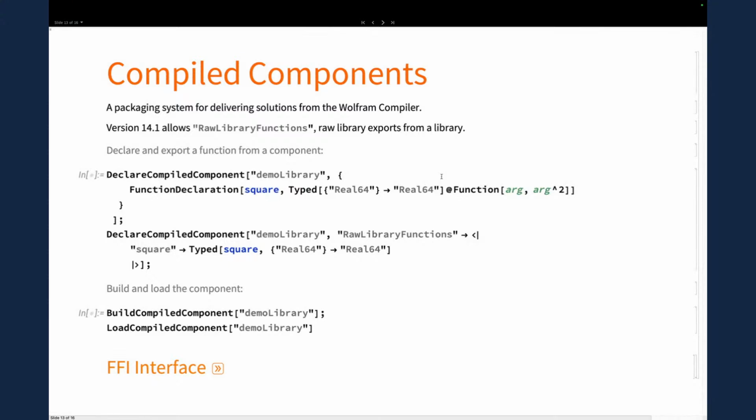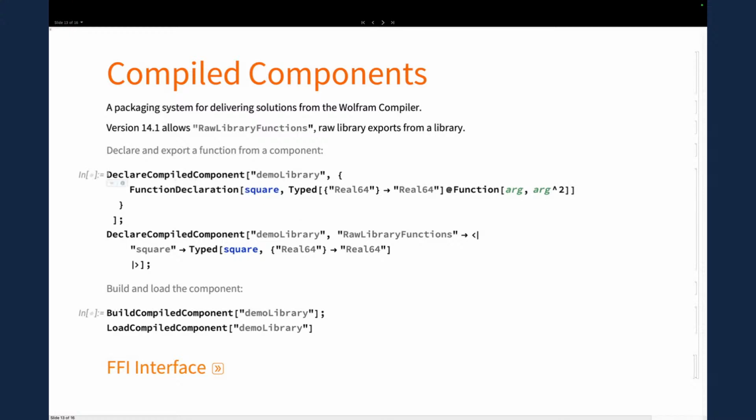Right, another new feature, or a feature that's enhanced in 14.1, is the component system. So the component system for the compiler is a packaging system that's set up to make it easy to deliver solutions, to group declarations and things into a component with a name. And what we've added in 14.1 is a way of declaring. So these components, you can go and build a library from them, and we've set up a way of creating raw library function exports